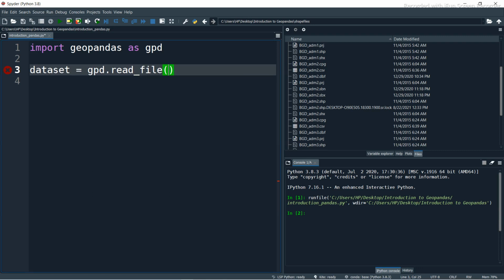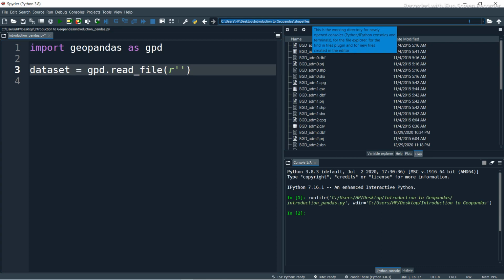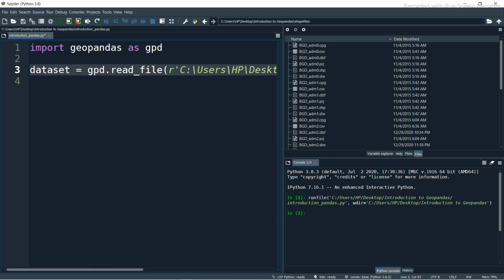Here you can see this is my folder, and this folder has a lot of shapefiles available. Now I call the path of this shapefile. For this I use the r sign, and then I simply copy the path. You can see this is the path of my shapefile folder. I simply copy this shapefile folder path and paste it here, and then